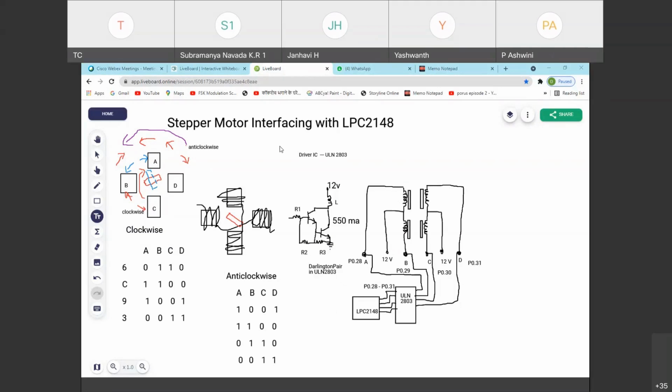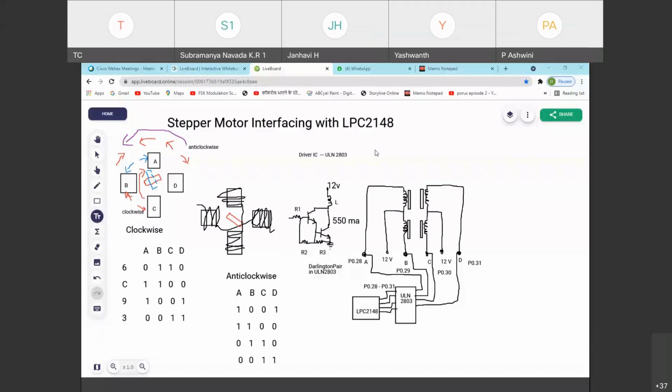Now we wanted to interface the stepper motor with LPC2148. As you know, LPC2148 is an ARM processor. This ARM processor has the output pins, IO pins. The pins you already listed, 48 pins, out of which you know how many are used. Port 1 is programmed with pin cell 0 and pin cell 1. Port 2 is programmed with pin cell 2. That is what you know.